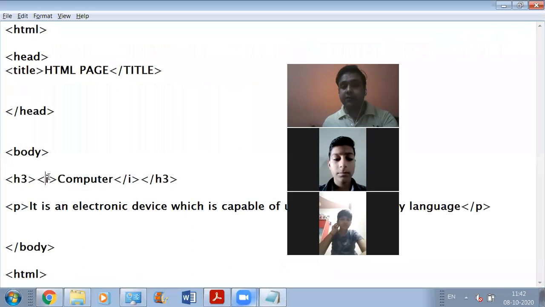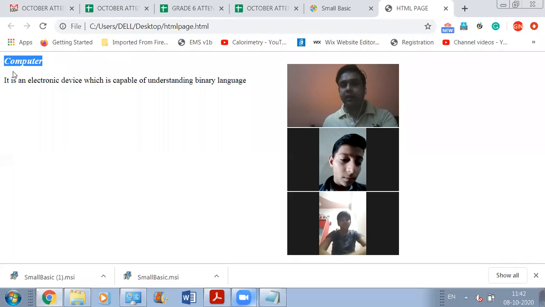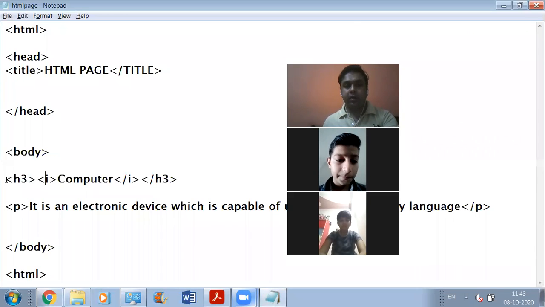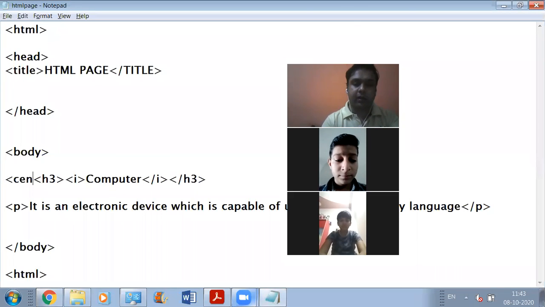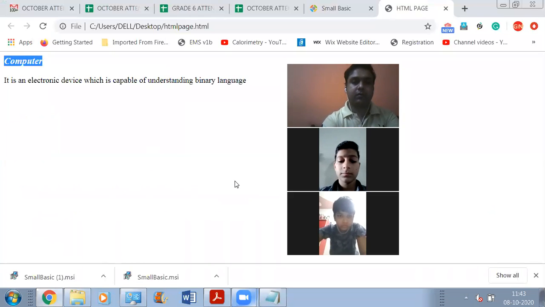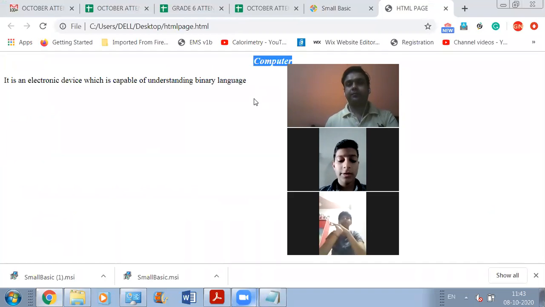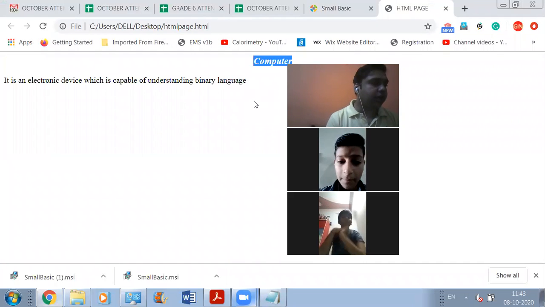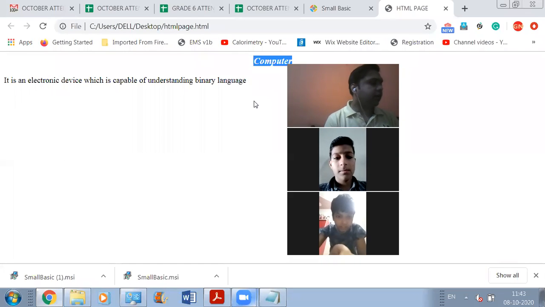अब if you want to see this heading, if you don't want to see it on the left side, you want to see it in the center. Now how can you do it? आप यहाँ पे सेंटर डिफाइन कर दो, इधर सेंटर कर दो और इधर सेंटर को क्लोज कर दो। आगे ये सेंटर में। सबको क्लियर हो रही है ये चीज या नहीं हो रही है? मुझे ये बता दीजिए। Yes, sir. Clear हो रही है। ठीक है?